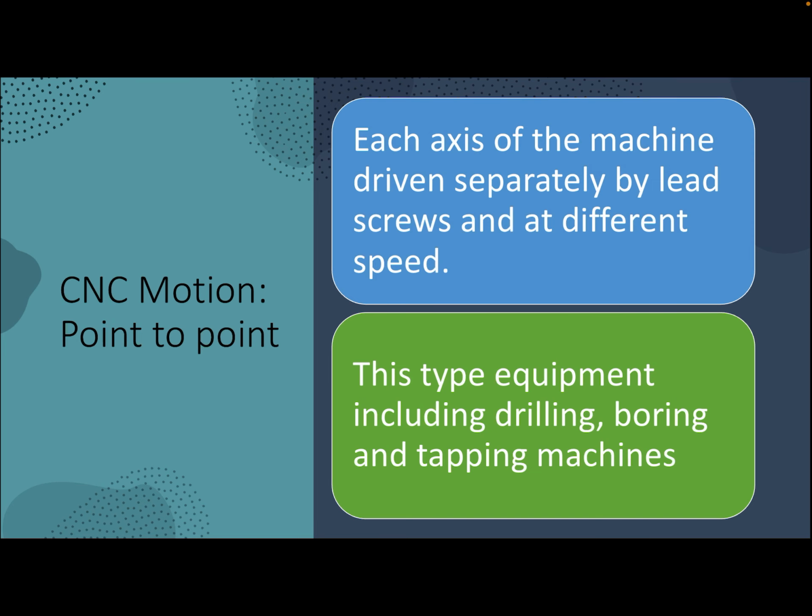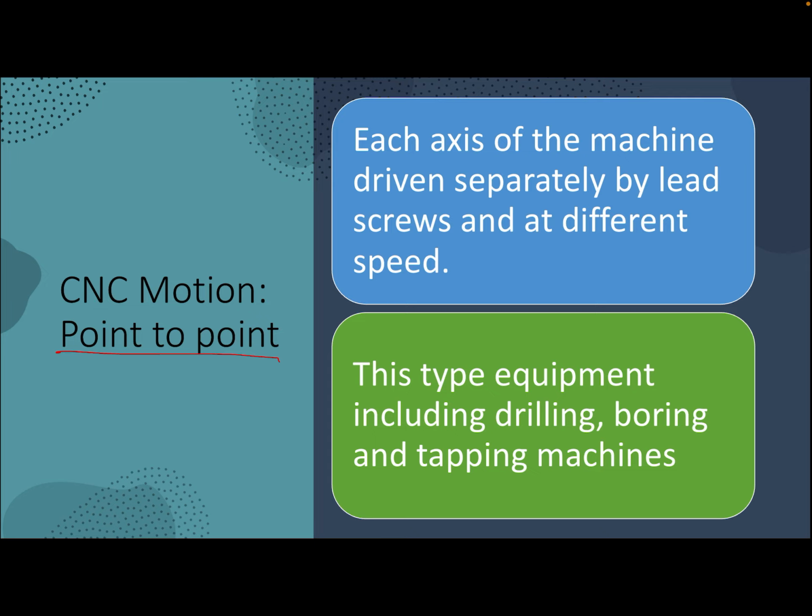Okay, now the next classification of CNC machines is according to the motion. When we talk about motion, we can divide CNC machines into point-to-point systems and contouring systems. First is the point-to-point motion. In the point-to-point motion of a CNC machine, the material and tool are placed at certain fixed relative positions,